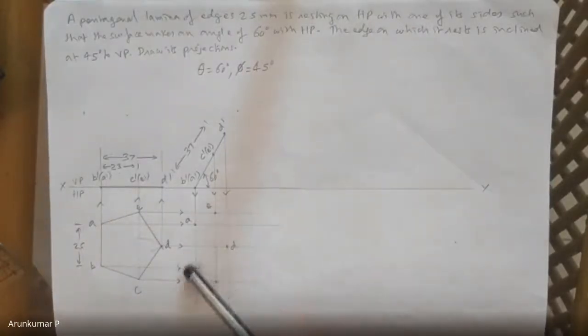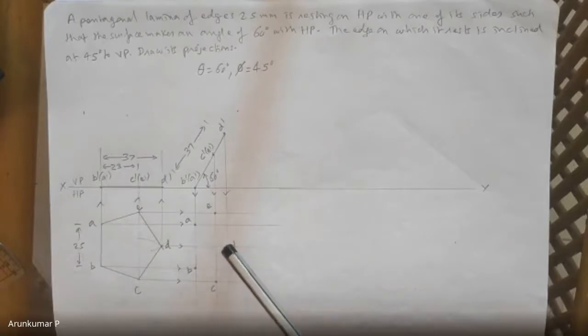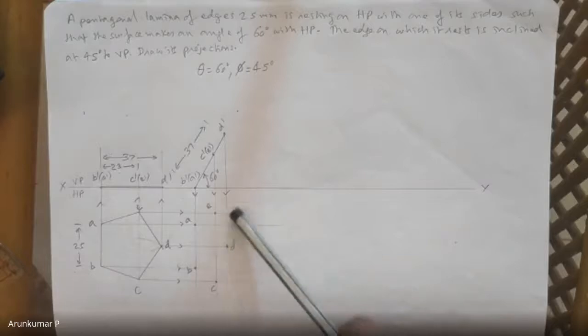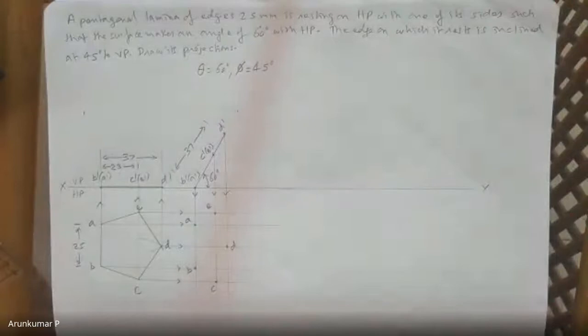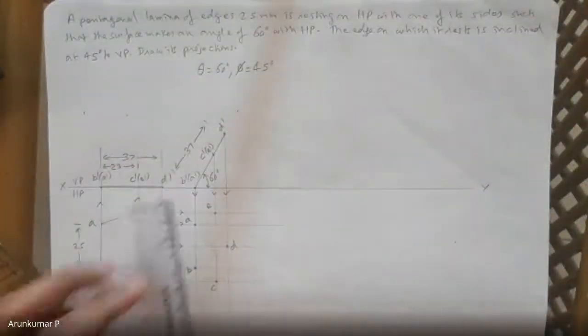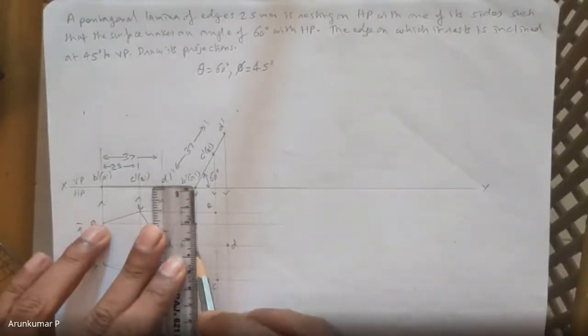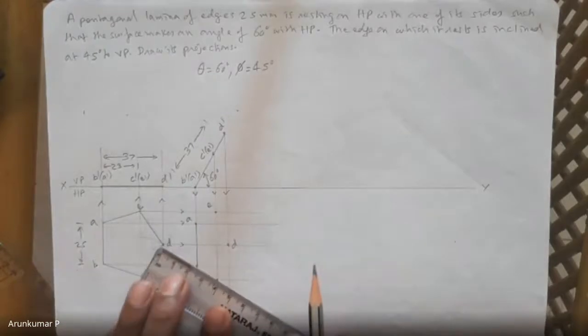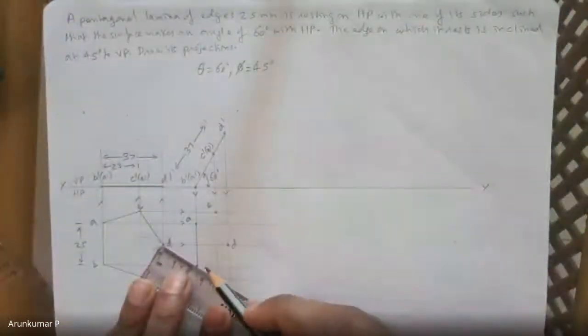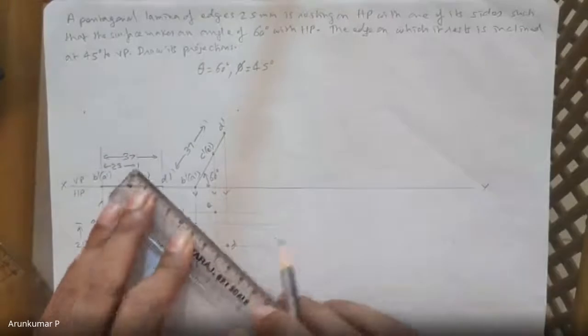And you will be able to locate it correctly if you are drawing it yourself. If you are not drawing, if you are just sketching roughly or just observing, then all these things you will get to know only when you attempt the exam. And that will be too late. So please practice. As I am drawing, you also need to draw. Join all the intersection points A, B, C, D.